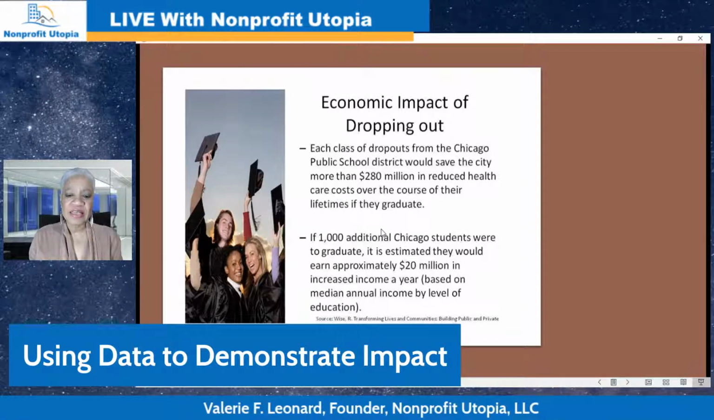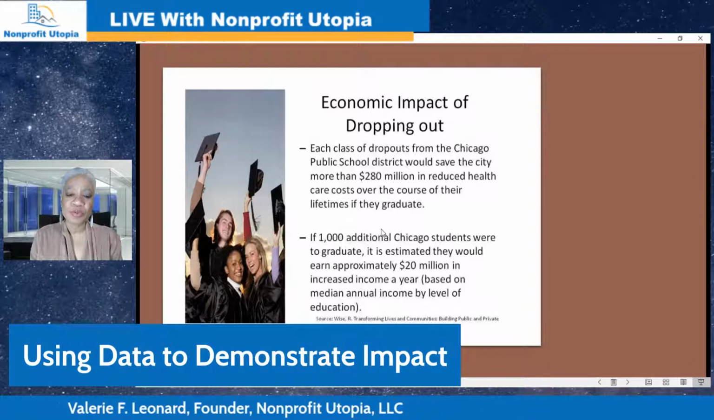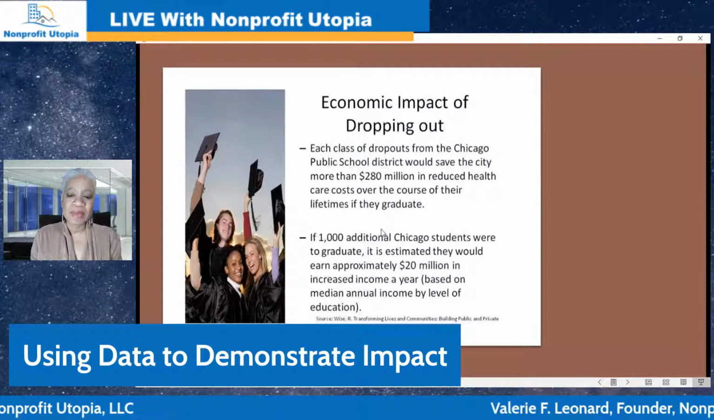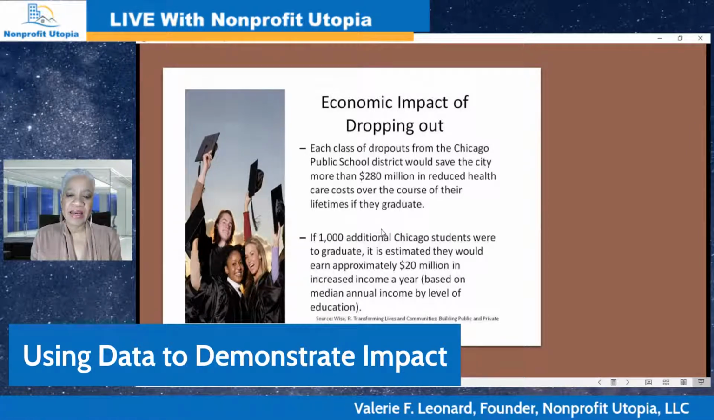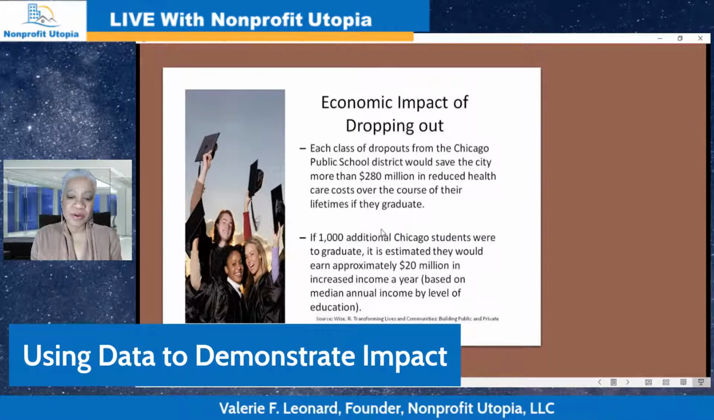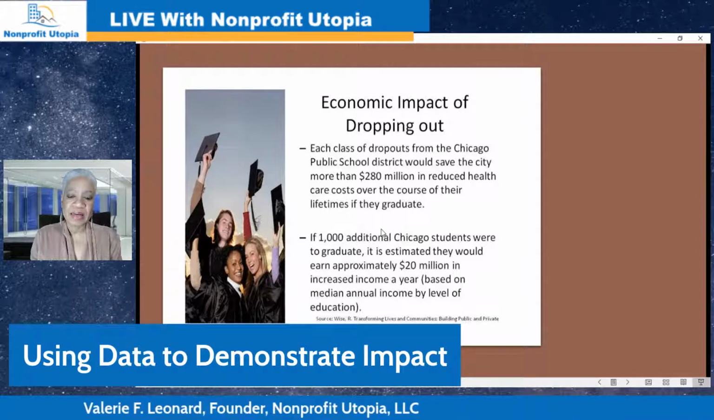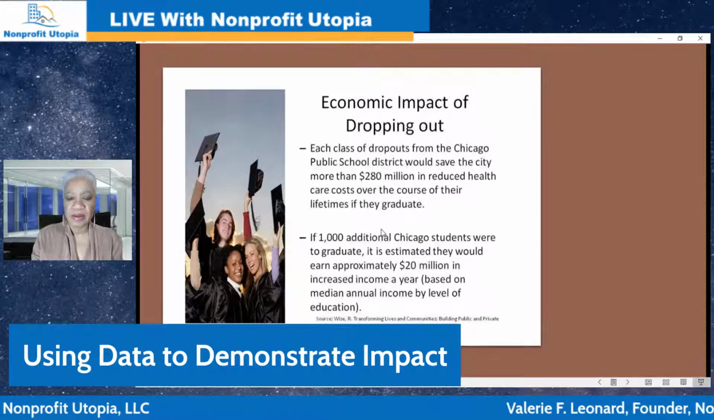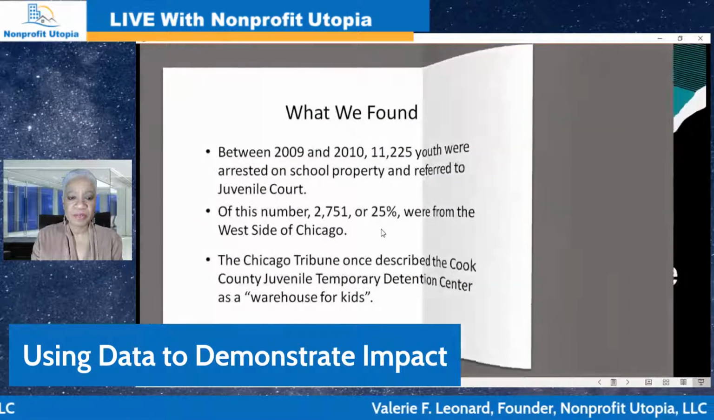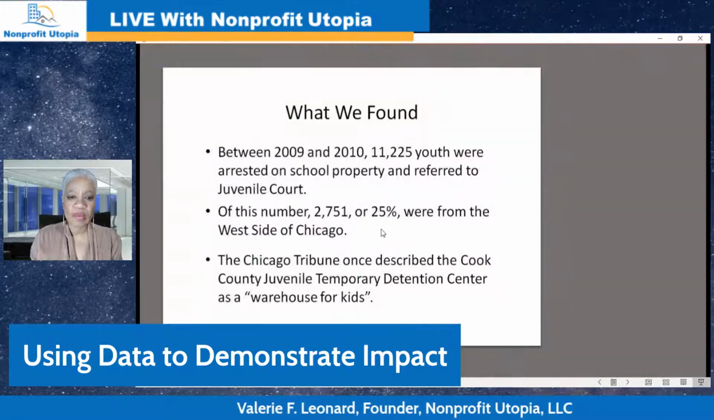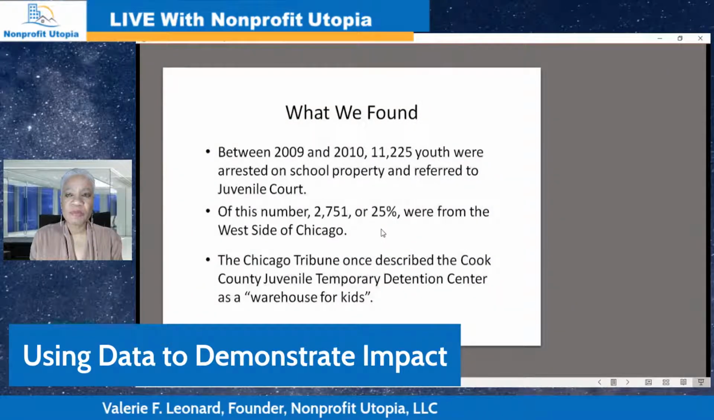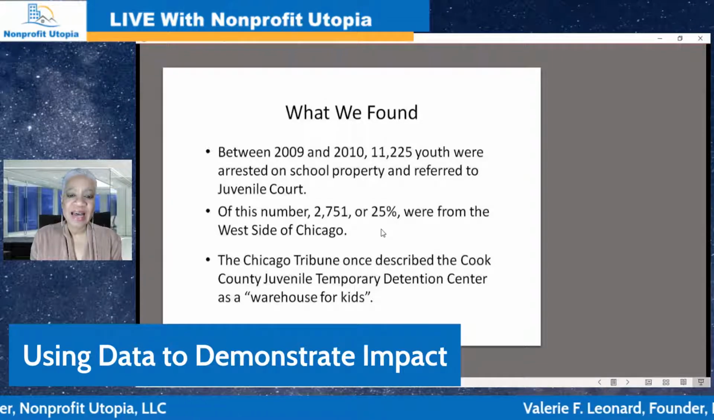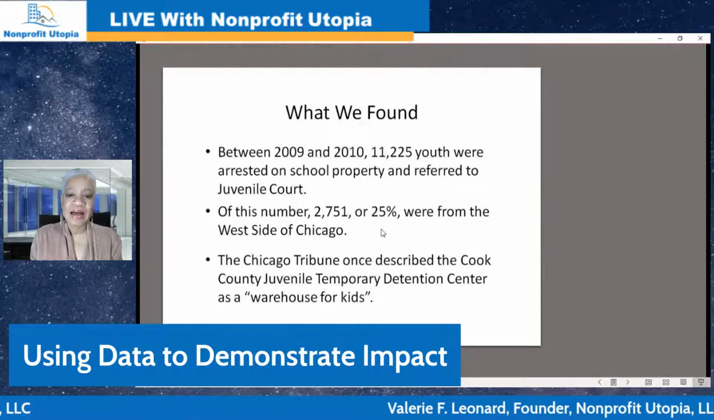So if 1,000 additional Chicago students were to graduate, it's estimated that they would earn approximately $20 million in increased income a year based on the median annual income level by education. So clearly, education makes a difference. And what we found, from looking at Chicago public school data is between 2009 and 2010,